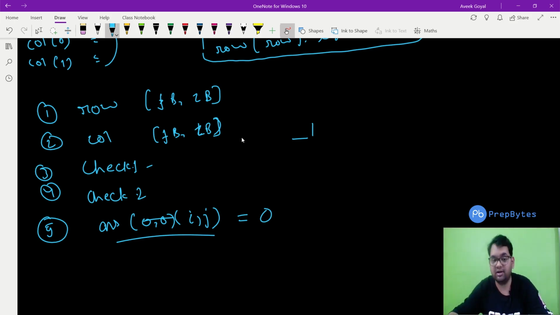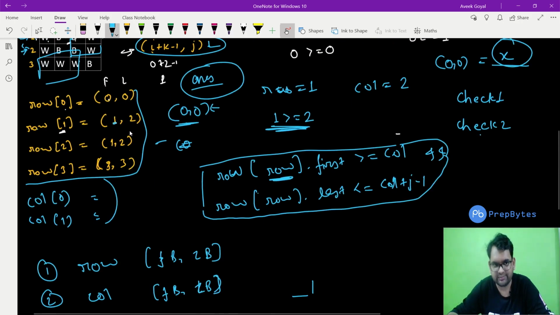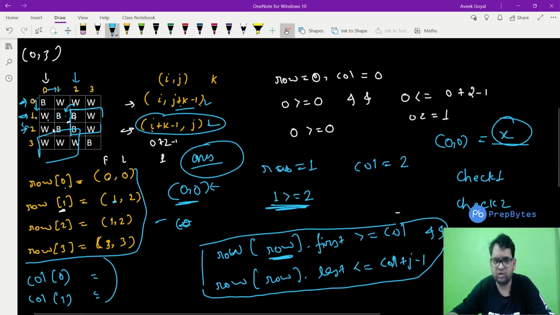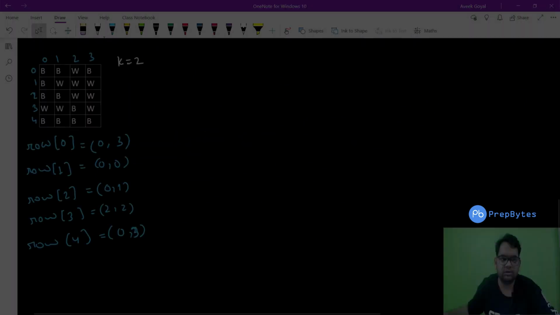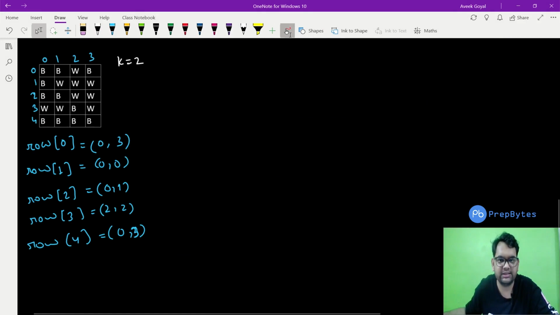Till now we have learned about these many things. Now what I am saying is we can perform this operation these many times, but we are repeating something, so there is no need to repeat it. We can use sliding window here. Now let's see how we can use sliding window, and let's see for this particular example how we can optimize this further.